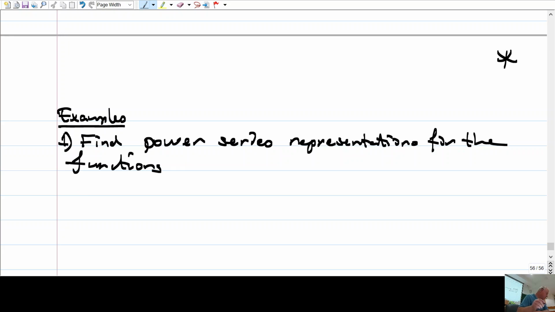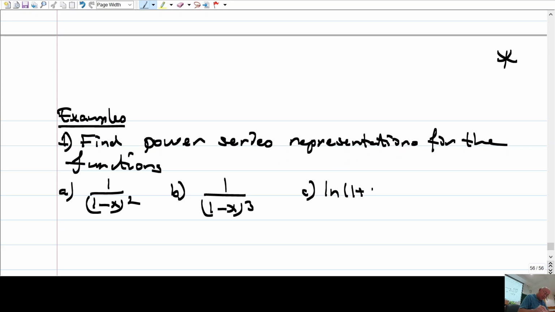Find power series representation for the functions. First one is 1 over 1 minus x squared. Second one is 1 over 1 minus x cubed, and the third one is ln of 1 plus x, starting